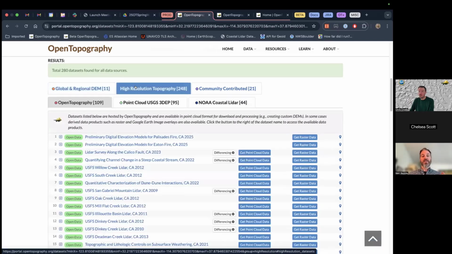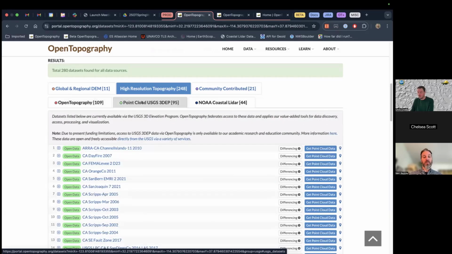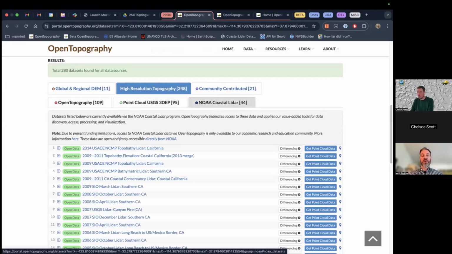The next tab in the list is what we call high resolution topography. These are our high resolution LiDAR data sets. So this has three submenus, which might be a little confusing, but the breakout was by design. We have the OpenTopography data sets. These are those polygons in red. These are data sets that are hosted at OpenTopography and are open to the entire community. The middle tab is the USGS 3DEP data sets. And then the right-hand tab is the NOAA Digital Coast LiDAR.